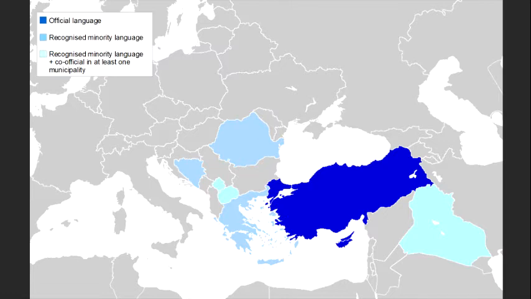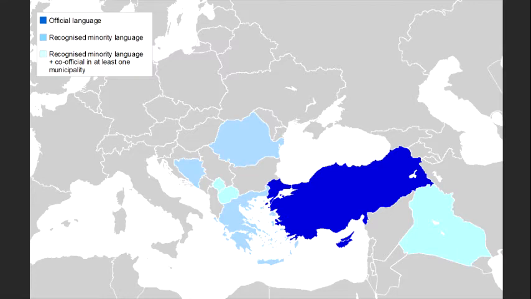Turkish is of course spoken in Turkey, where it is the official language. It is also one of two official languages in Cyprus, and in the disputed territory of northern Cyprus, it is the sole official language. It is also a recognized minority language in Bosnia and Herzegovina, Greece, Iraq, Kosovo, North Macedonia,